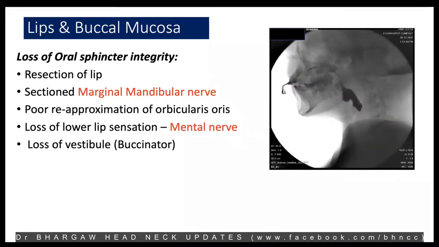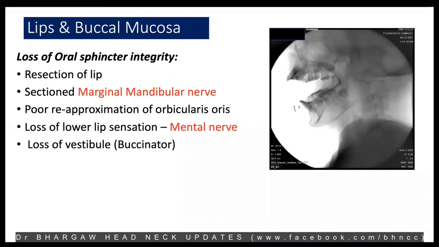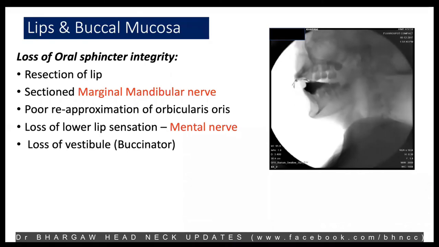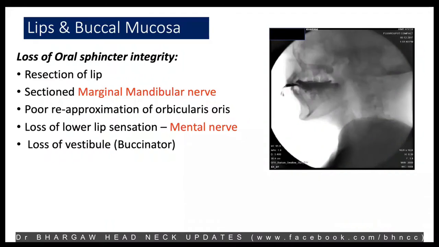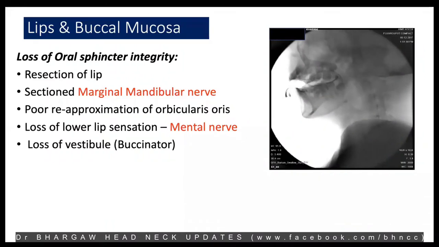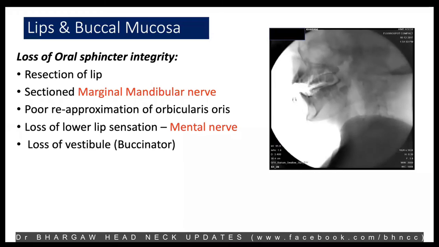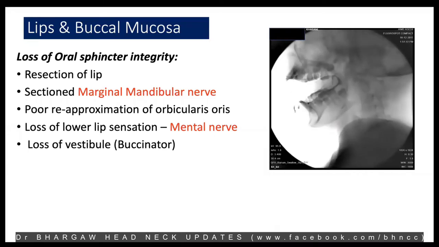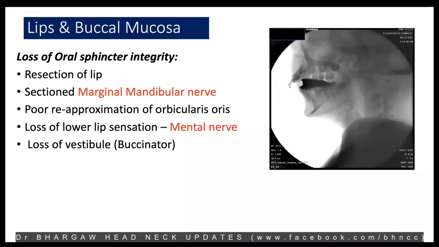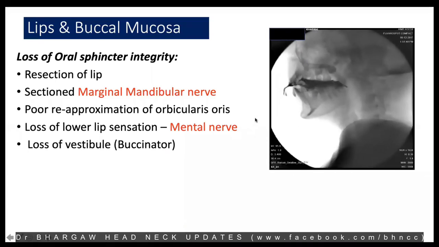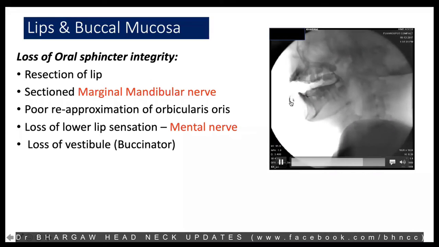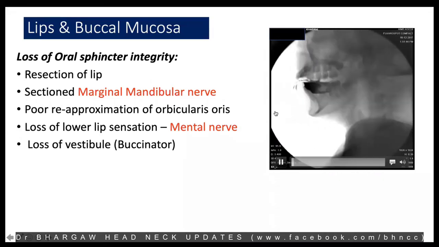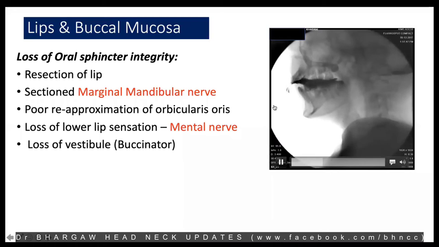And this creates some poor approximation of the orbicularis oris, especially in lip split incisions. If you don't close the orbicularis muscle and reapproximate it properly, they would have some lag and weakness of that particular lower lip. And also, if the mental nerve is cut, there will be loss of sensation. So the patient would have anterior spillage while eating, and that's not very nice to watch, especially in a social setting. And they're always a bit embarrassed when they have a leakage of food anteriorly. You can see the anterior spillage in the video fluoroscopy.